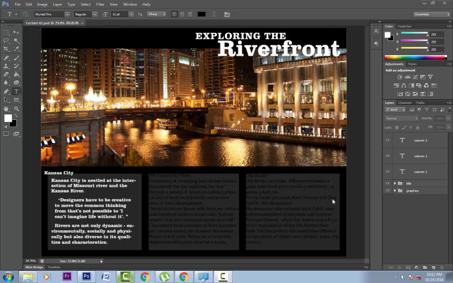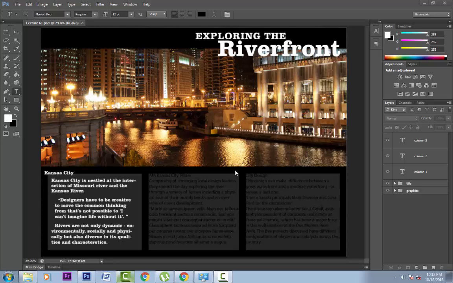Hello friends, in this lesson we will learn how to quickly format large amounts of type using both character and paragraph styles. Open this project file and follow along. Note that some fonts might be missing. I have included them in the font text file. Just go and install them.